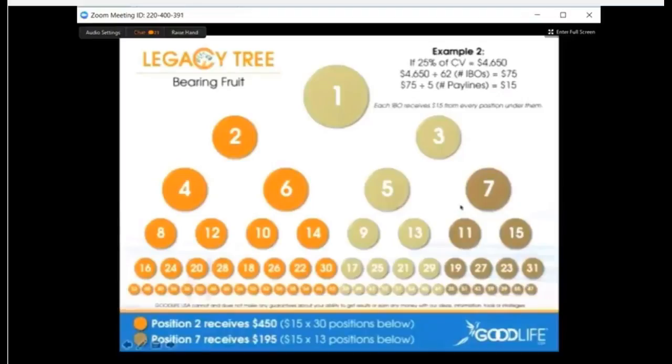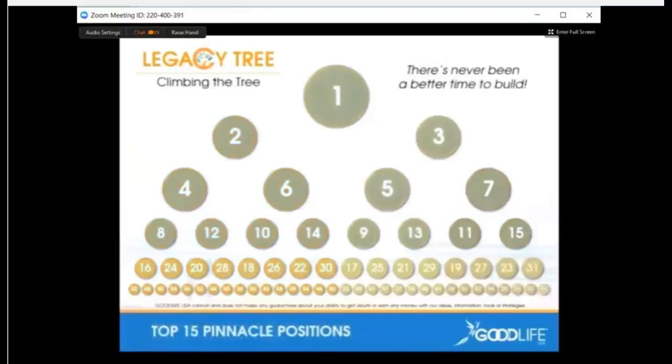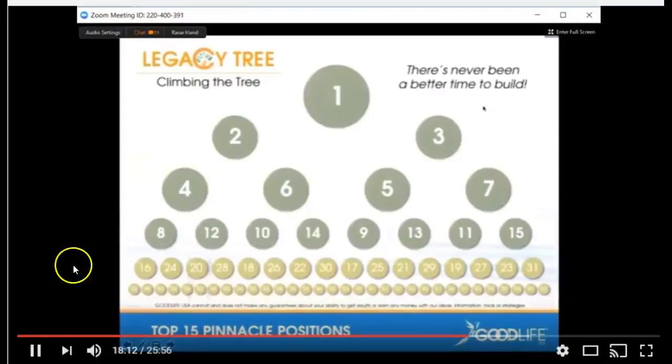So you see how this thing continues to expand and expand and grow. Now, there has never been a better time to build, obviously, because the higher you are in the legacy tree, the more reward you are going to capture, not just today. And that's one thing I want everybody to understand. It's not what happens today, it's what's going to happen tomorrow and the months and the years ahead. These numbers are going to be unbelievable. Here's another exciting part. Remember